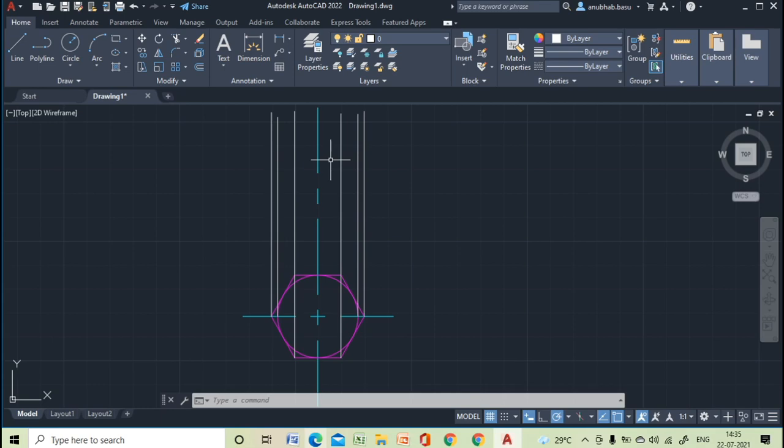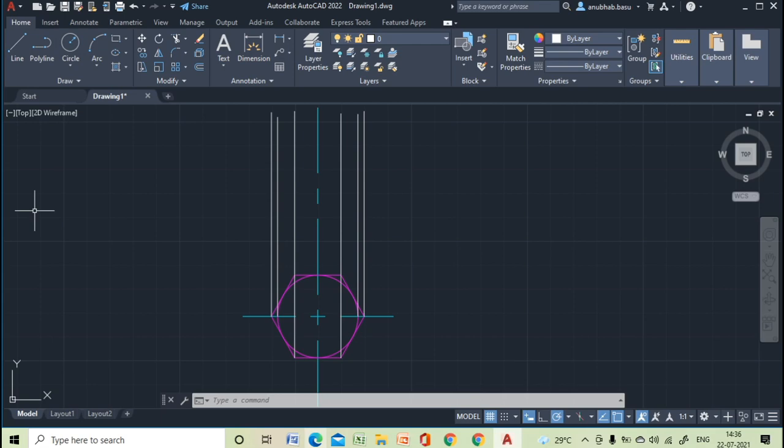Now to draw the front view, you can see the thickness, or width, of the nut is given as also equal to the diameter of the bolt. So it is also 20 mm.